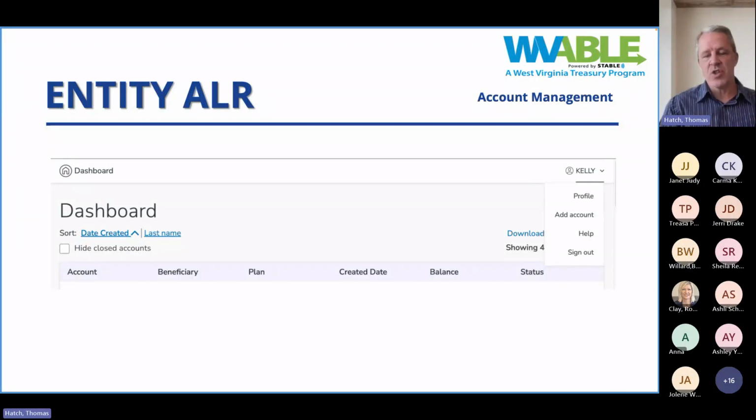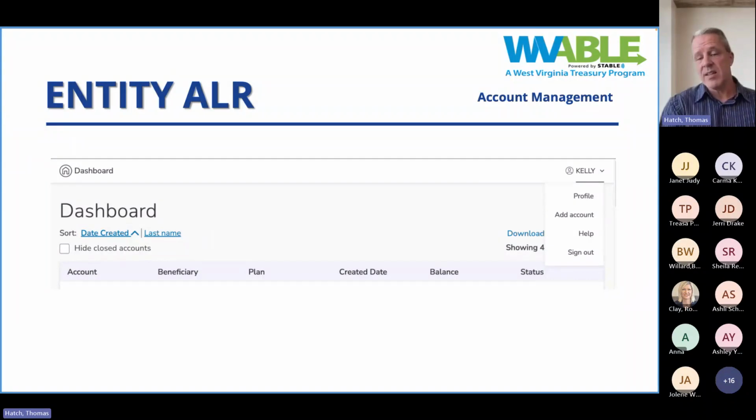And it just takes you to, I think it's literally 4 different screens where you're only putting in the beneficiary information. Obviously, their demographic information, their disability type, what type of communication preferences you have, and so forth. So it's a very streamlined, very quick, very easy process to add an additional account.